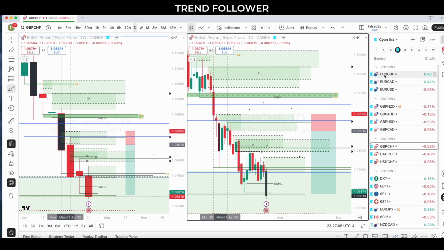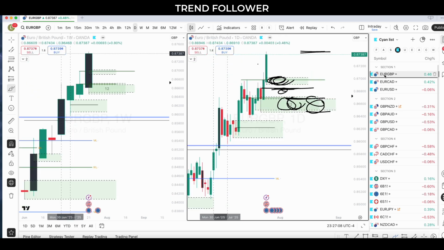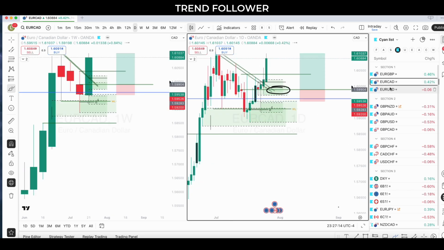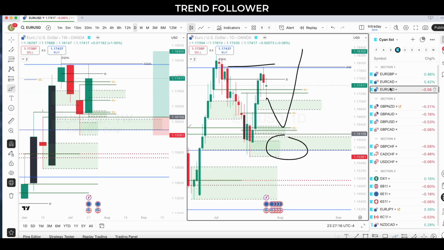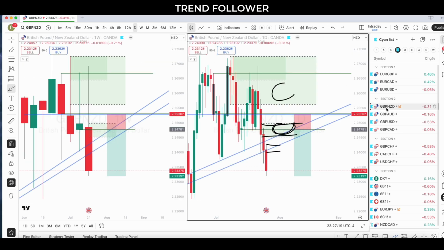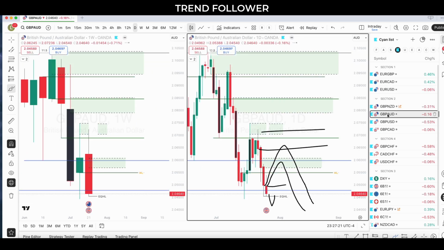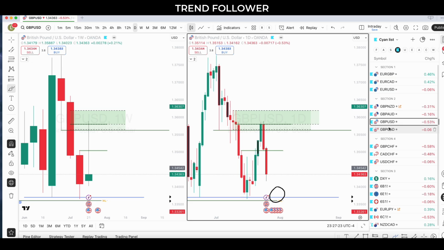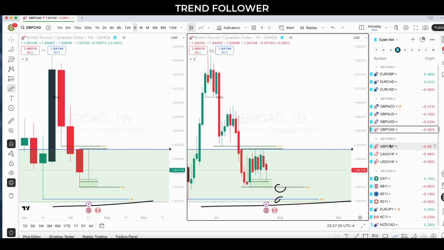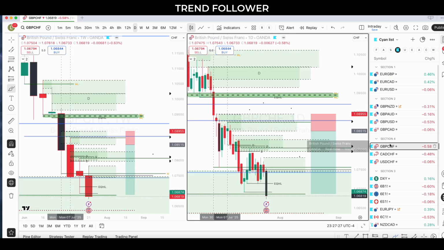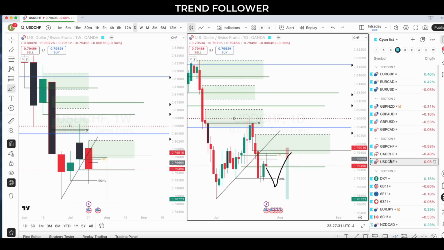So my first priority would be EURGBP, right? And my first priority would be these Euro names, EURCAD, EURUSD after rate statement. Then would be GBPNZD and GBPAUD, GBPUSD and GBPCAD after rate statement, and then would be GBPCHF and CADCHF and USDCHF after rate statement. I hope that made sense.